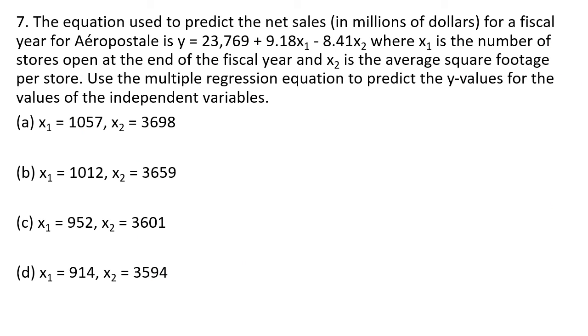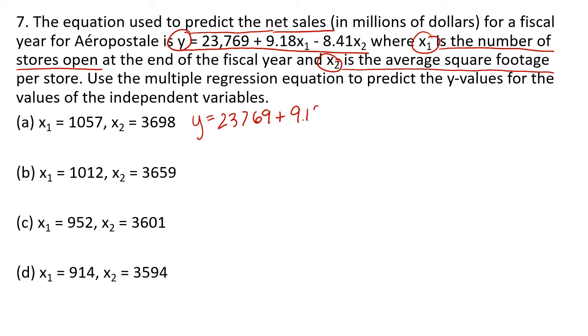This last question does not use the information in the previous sections because it is a multiple regression. It tells us that here we have the relationship that gives us the sales, so sales is Y, where X1 is the number of stores open at the end of the fiscal year, and X2 is the average square footage per store. And we want to predict sales depending on different values of the number of stores and the square footage per store. So to do that, we use our equation,